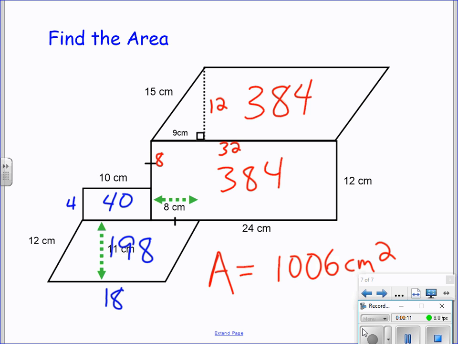Nuke 16 here. This is the answer to the skill testing question at the end of last lesson. If you tried it out, hopefully I got it right. You never know, I could have screwed up myself. But I got 1,006 centimeters squared, 198, 384, 384, and 40 as the areas of the four shapes. I added them all together. So,